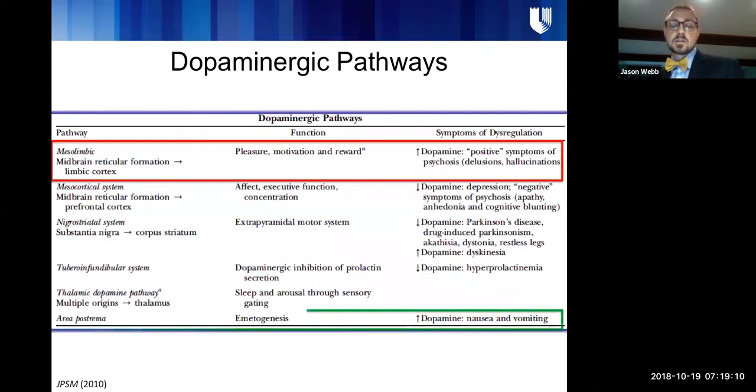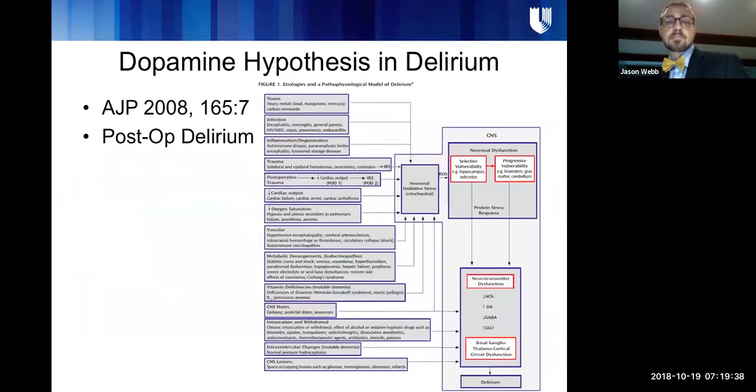Again, just to highlight, in palliative care we'll use some of these medicines, and you'll see in some of the discussions I have later on how some of these drugs also target areas where we have emesis, or the emetogenic centers in the area postrema. But oftentimes what we worry about with medications that block dopamine is the nigrostriatal system, where we may get extrapyramidal symptoms like Parkinsonism, akathisia, dystonia, or drug-induced Parkinsonism.